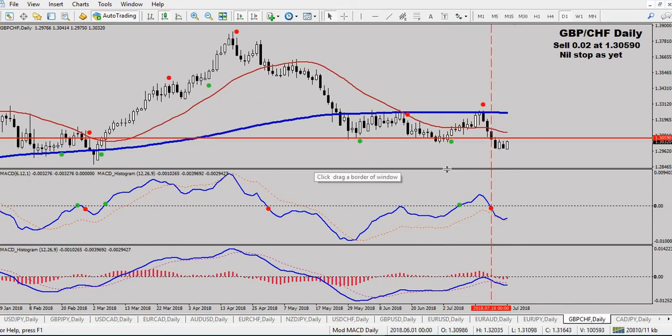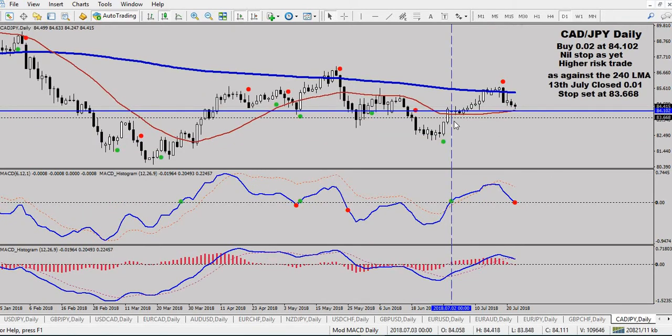Pound Swiss franc in a sell here, it's gone down. Look at these cut candles, black, white, black, white. And at the moment, just a few pips below my point of entry. Not getting too excited. CAD yen took a buy here, went up to 240,